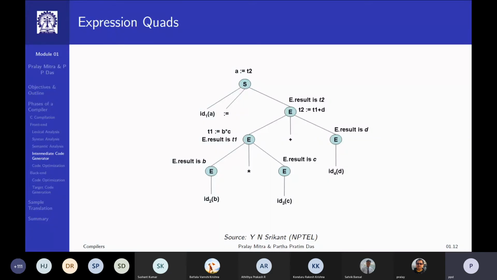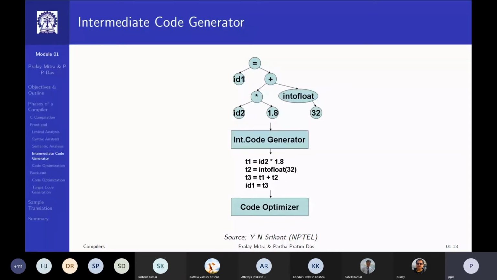So this is the 3-address form, a very simplified language that we will have. Of course, there is more to add and more to learn, but this is the basic flow. And it is called a quad because to represent this, you need 4 pieces of information: 3 addresses and the operation that you are doing. In the example here, the operation in all 3 cases is an assignment, but it could be other operations like comparison, goto, and so on. So this is the basic intermediate representation we are getting into.